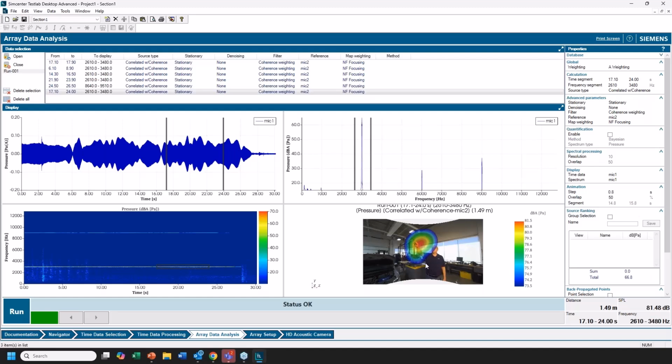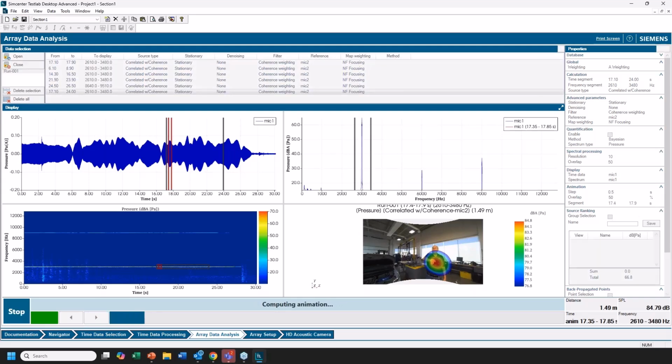You can see our coworker's hand is up here at this position. And we'll use that step. We'll say every half second over these 7 seconds we have selected. We'll hit run. And we'll get that first image. And then if I hit these forward and back arrows, I can step through the time. And it will calculate that first one and show me how many are left to go. So we have 26 to calculate. And I'll just go through them as fast as we can.